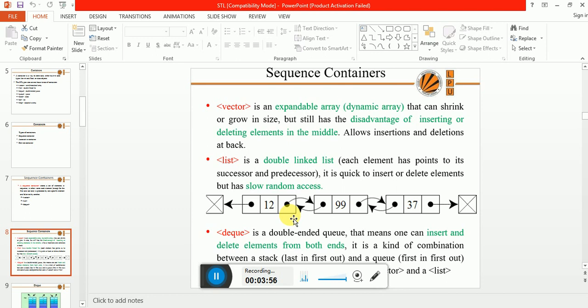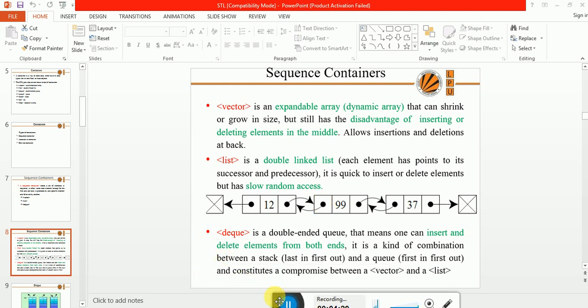Remember, in case of vector, the memory locations are contiguous one after the another, but in case of list, the memory locations may not be contiguous, but the elements are in a sequence. The sequence will be the sequence in which the elements are inserted into the list. But the nodes are communicating with each other with the help of pointers. So vector and list both are sequence containers. Now what is the advantage offered by list?